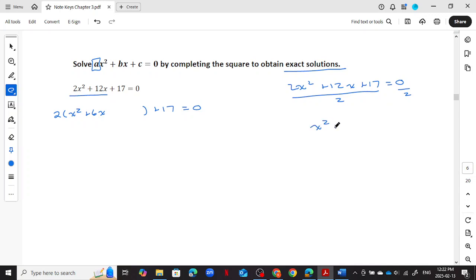You'd end up with x squared plus 6x plus 17 halves, which you're allowed to put as a decimal if you want, but we're going to keep it as a fraction, equal to 0. That way you don't have to worry about this 2 out front, but I'm going to leave that up to you. So I'll follow this one through afterwards, but I'm going to follow this one through